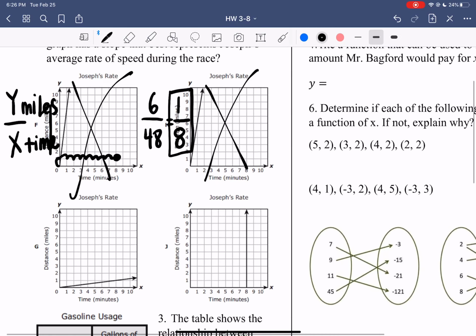So our rise would be 1, but right here, that's not the correct one. On this one, we have a rise of 1 and a run of 1, 2, 3, 4, 5, 6, 7, 8. So it looks like that could be the correct answer. And just to make sure, we'll check J. So if I run 1 and rise 8,